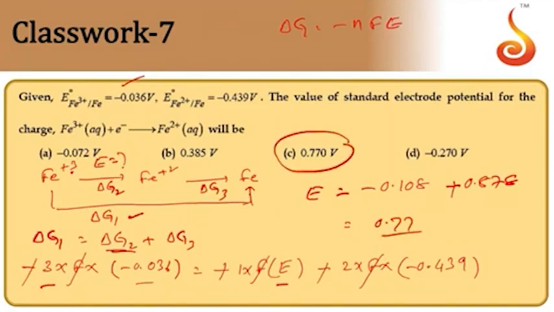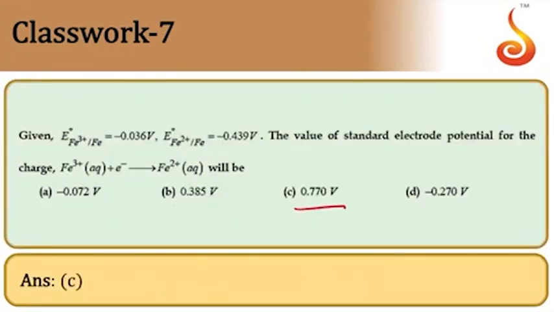So option is C here. So we applied here the Latimer diagram. That is, potentials are not additive, but delta G will be additive. So therefore, applying Latimer diagram, we can take overall delta G value from Fe3+ to Fe. Delta G1 can be taken as delta G2 plus delta G3 here. And delta G will be given as minus nFE, where n stands for number of electrons in that particular process, and E naught value given to us. So answer is 0.77. So C is the option.